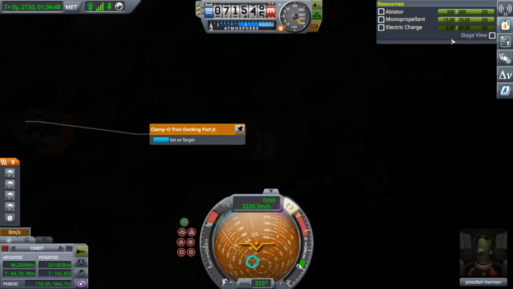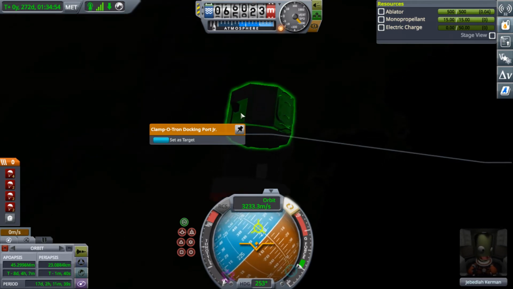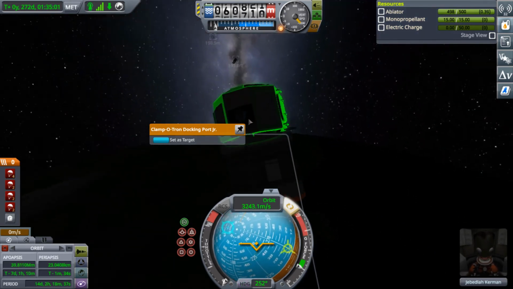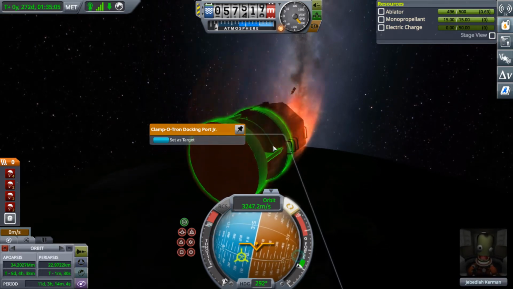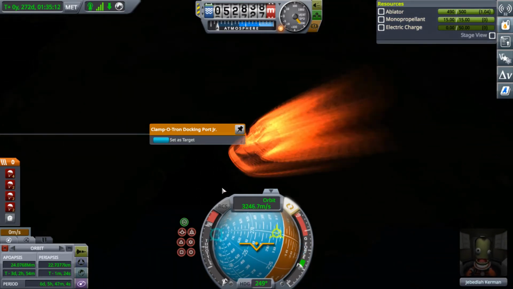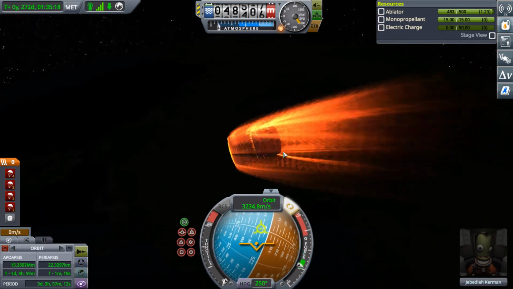So you should always keep a close eye on your electric charge. I forgot I didn't pack a ton of batteries, and our solar panels are rather small, as well as lots of time warping, time out of the sun, in the shadow here. Yeah, that was a lot of my fault there. But it looks like our craft is aerodynamically stable enough to align itself to the retrograde marker. Hopefully sooner rather than later,